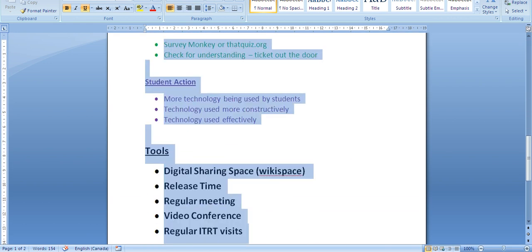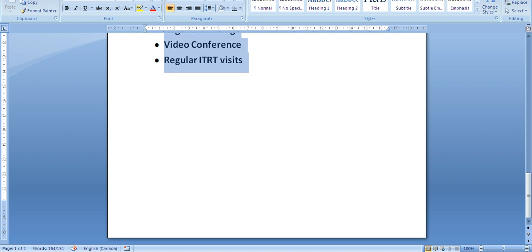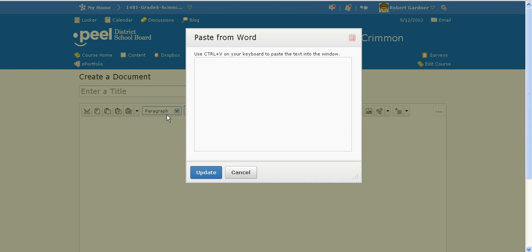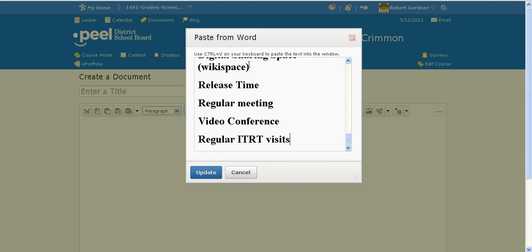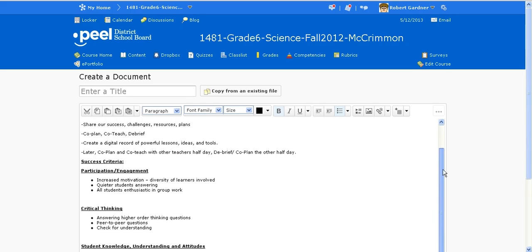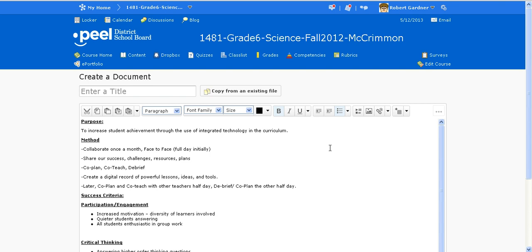by highlighting it, clicking Copy or right-clicking, and then going back to my D2L interface and clicking Paste from Word. It will give me a box in which to paste my work. I can follow the instructions and press Ctrl V and update. This puts it in a format that is as close as possible to the way it was typed in Word,